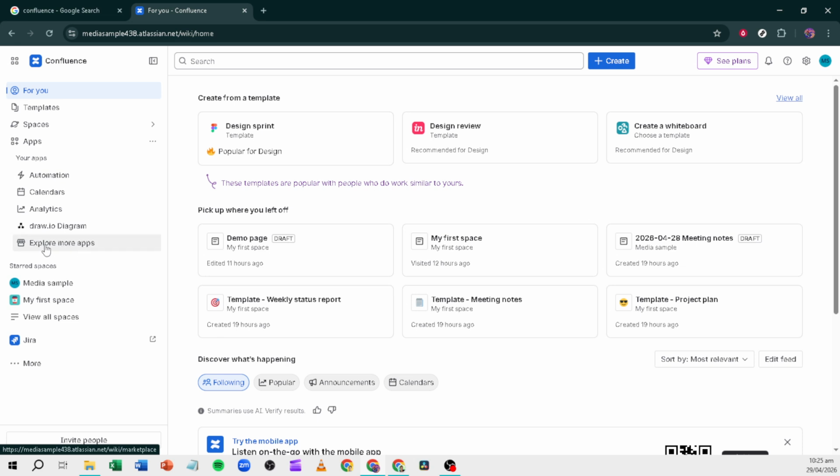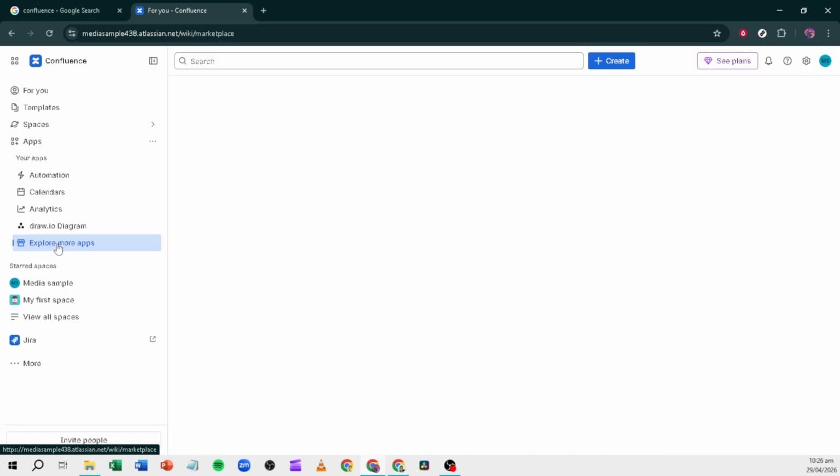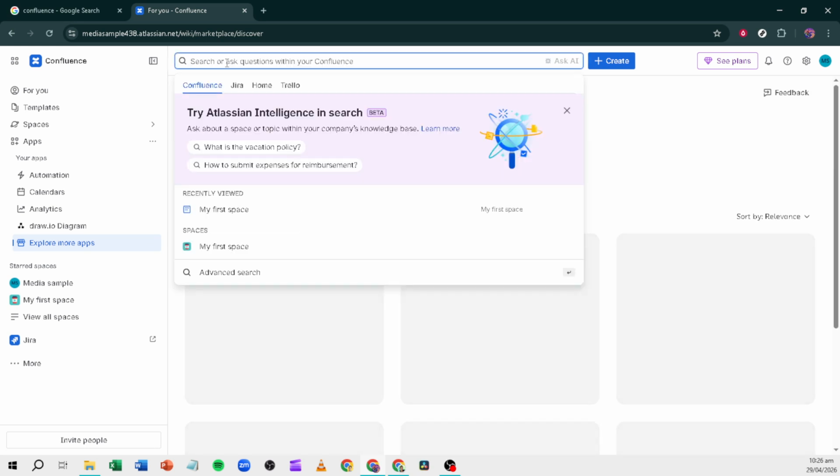your permissions. To install it yourself, go to Apps and choose the option to find or discover new apps. Search for Draw.io diagrams and whiteboards, open the app page, and follow the prompts to add it to your site. Installation typically only takes a moment, and once it's done, you'll be able to create diagrams directly inside any Confluence